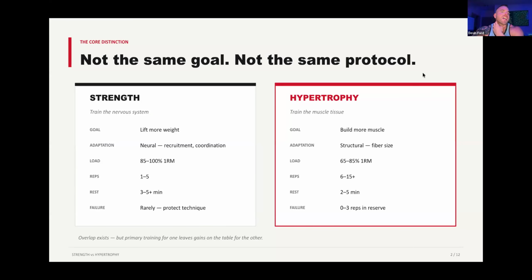They're not the same goal. They are very distinct. I tend to use them interchangeably because I know what I'm trying to say, and I use it in a way that people will get without an explanation. So when I say strength work, people know what that means, even though to me it means something a little bit specific. But there is strength and then there's hypertrophy.